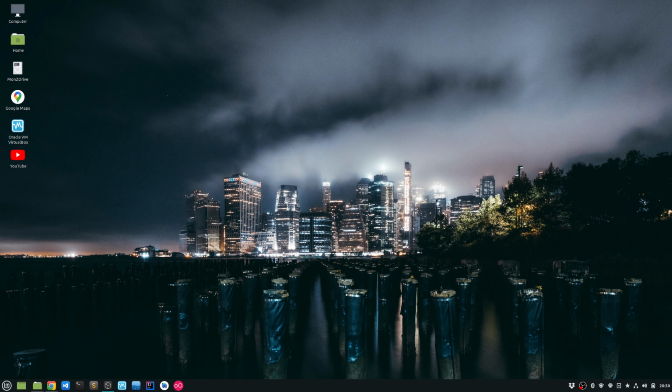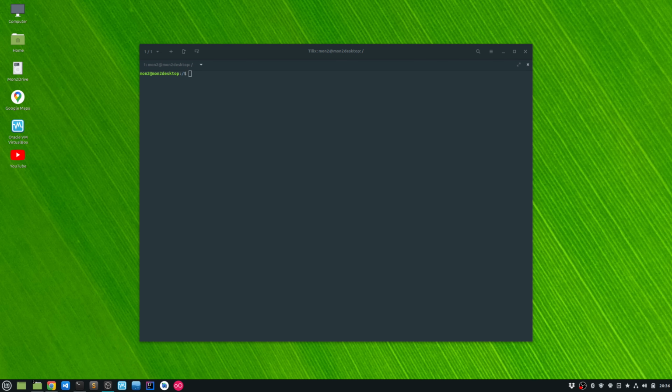So I am actually setting this up in Linux Mint, but this should also work in any Debian based Linux distribution. So the first thing that I would do is open up my terminal and create the config file. The config file will be located under /etc/default. So I'm going to go there, and you need to create a file called virtualbox and add a couple of configuration items in there.